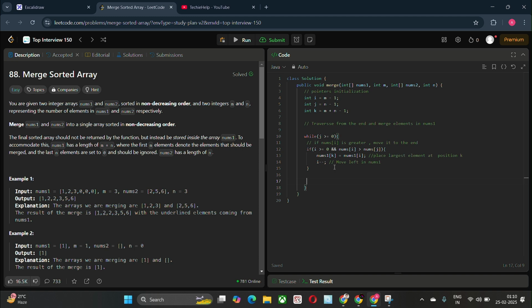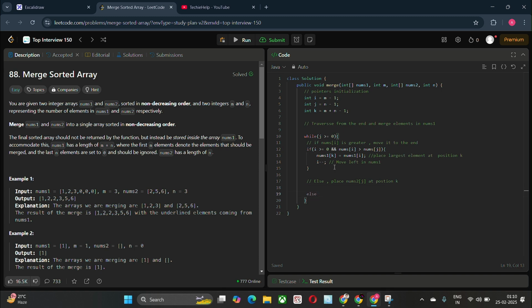Now write the else condition. Else, place nums2 of j at position k.